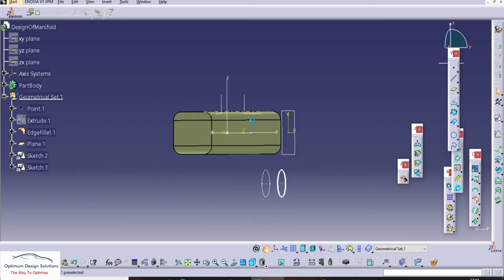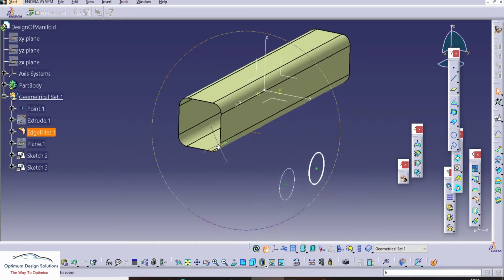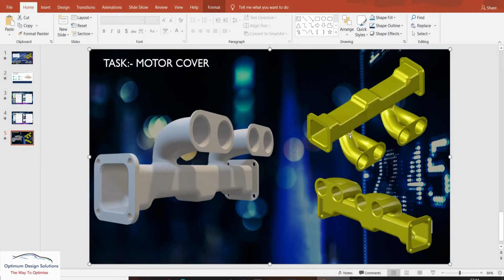Center point. So now, as we know that for the sweep command the guide curve is required, so we'll draw this type of guide curve here.